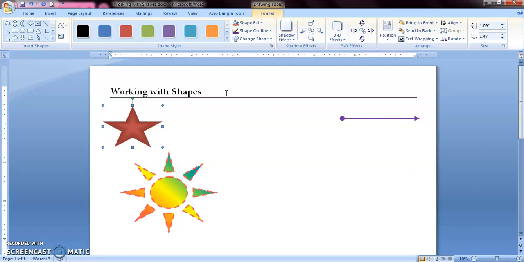Now the next option is Change Shape. So what does this Change Shape option do? It helps you to change your shape without losing all the modifications you applied to it. So there is this dashed outline, and there is the gradient color inside the shape.